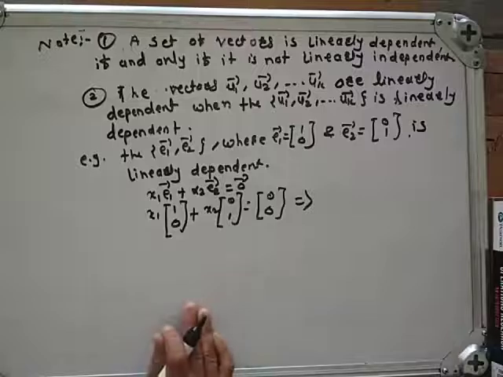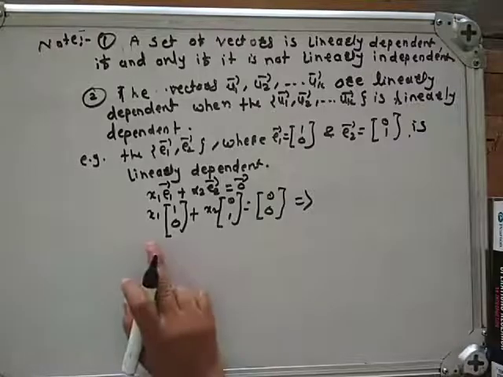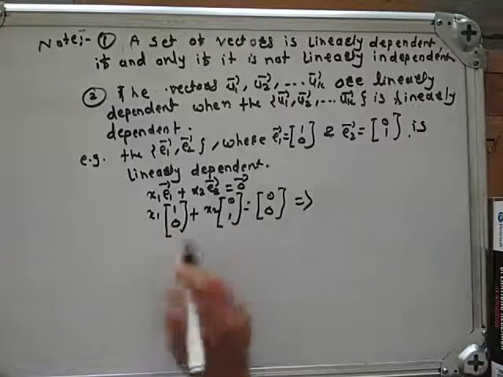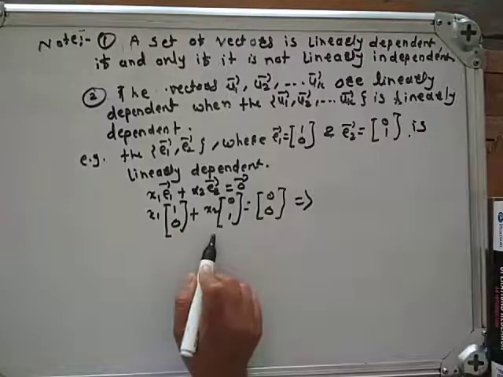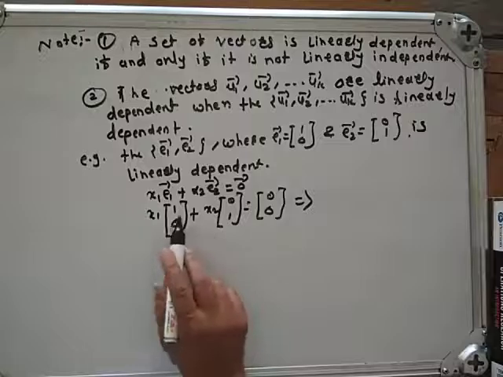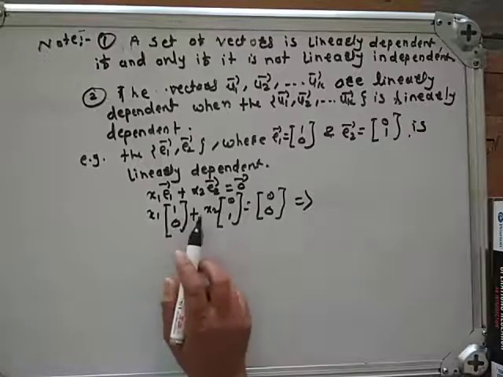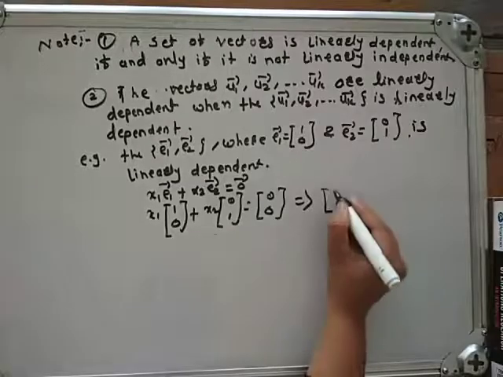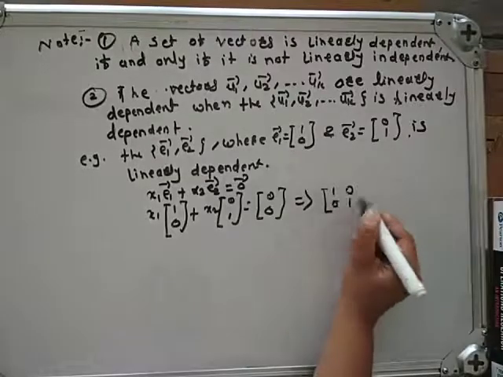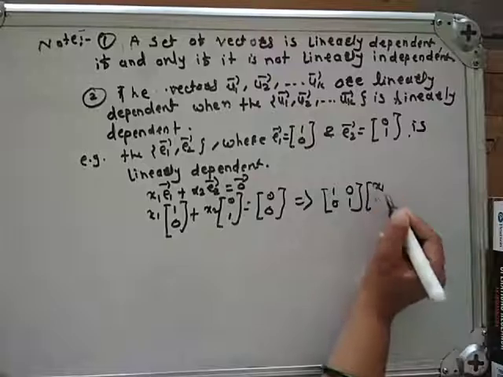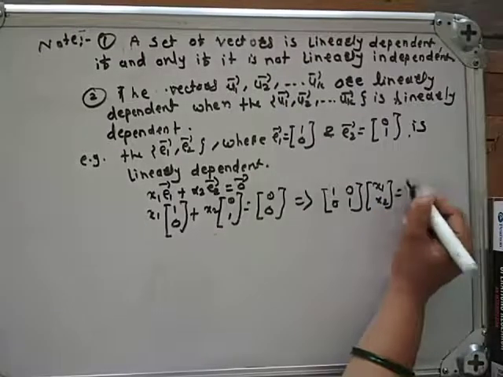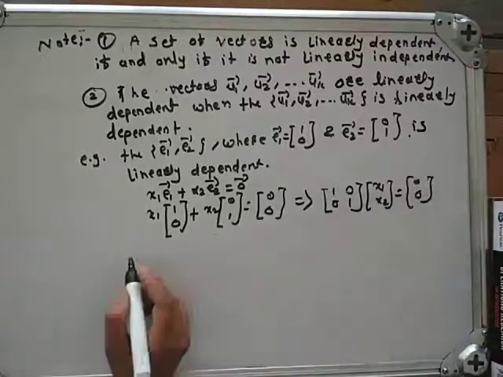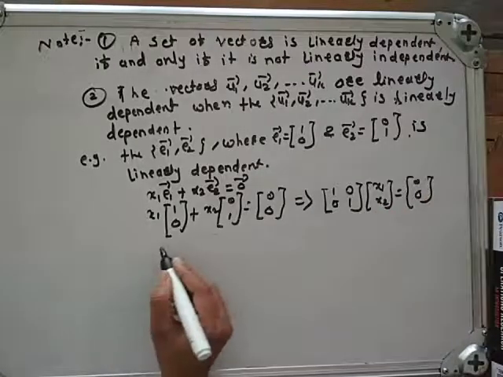That implies, from this system we get the matrix 1 0 0 1 into x1, x2, which is equal to 0 0, and this system implies